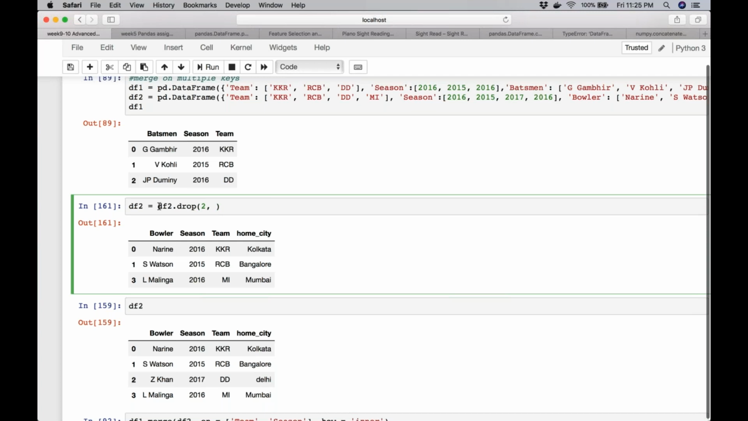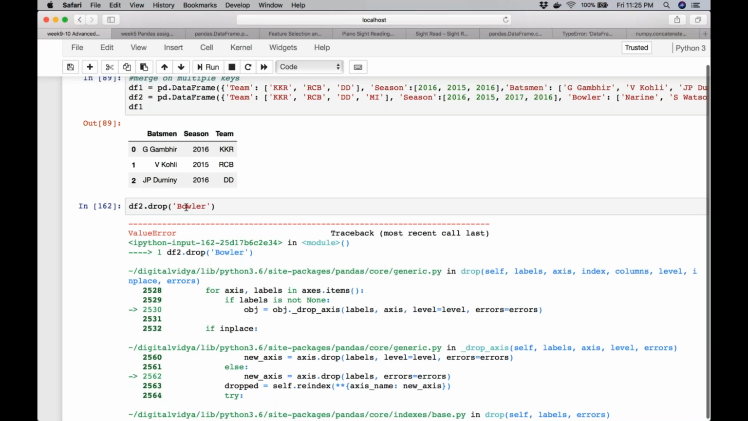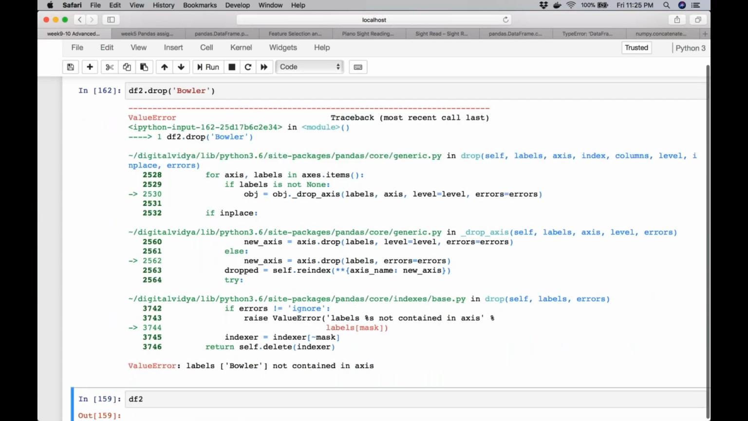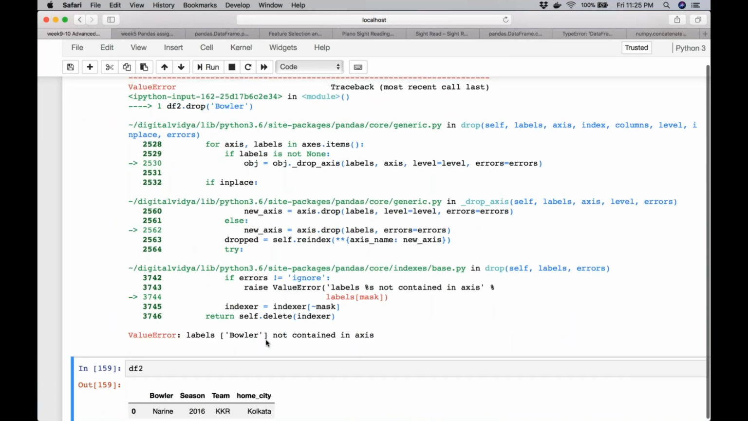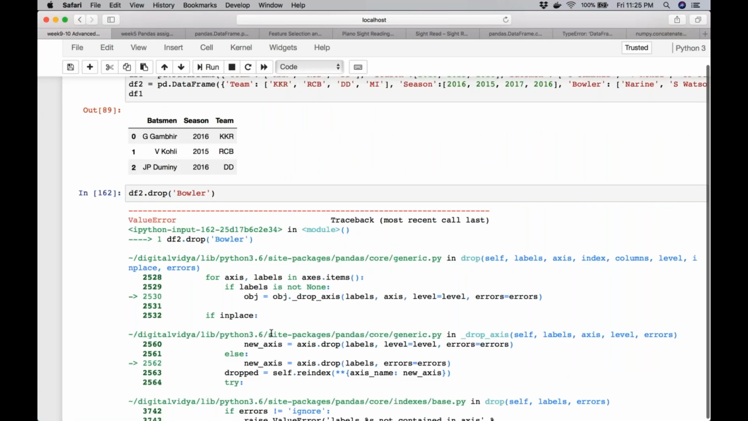Now if I want to drop the column, say now instead of dropping the row, I want to drop the column bowler. What happens? The label bowler is not in the axis because it is looking at the index called bowler and it cannot find it, and that's why you have to use